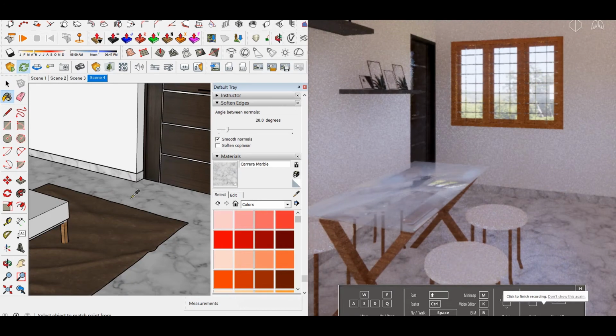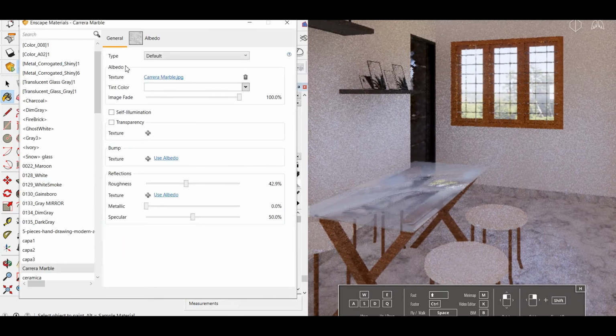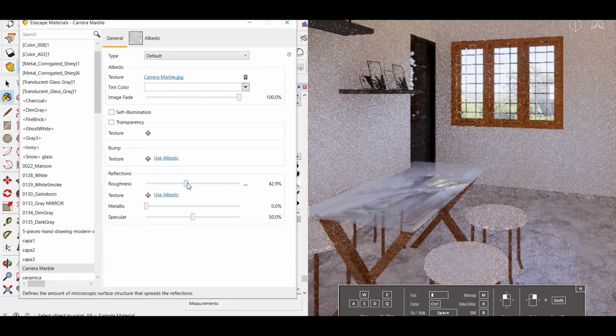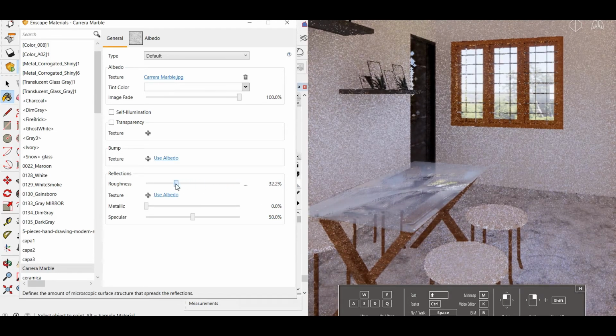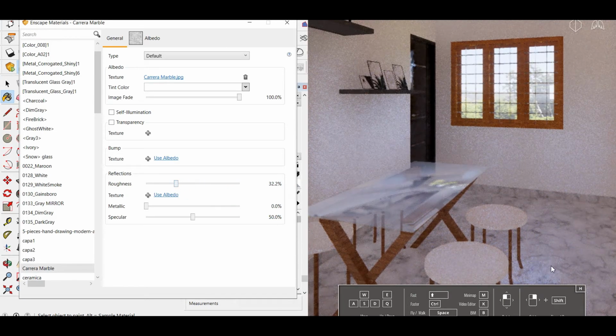Same like you can adjust floor marbles or granite tiles, whatever. You can adjust the reflection. You can see if I increase roughness, there is no reflection. If I decrease the roughness, you can see there is some reflection affecting the floor area.